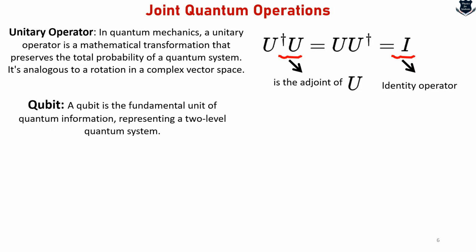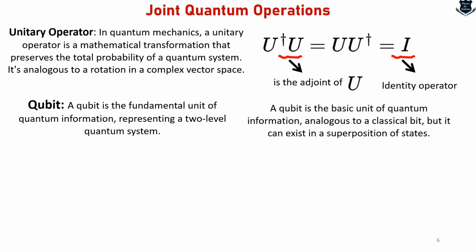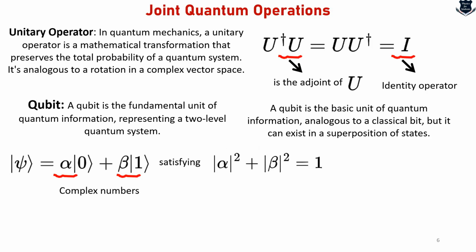and they essentially maintain the reversibility of quantum processes. We also know what is called a qubit. It is the basic unit of quantum information, analogous to a classical bit, but it can exist in a superposition of states. So if you take this example, a qubit is represented by this, where alpha and beta are complex numbers, and they satisfy this condition. This superposition property enables qubits to perform quantum parallelism, which is the foundation of quantum computing,